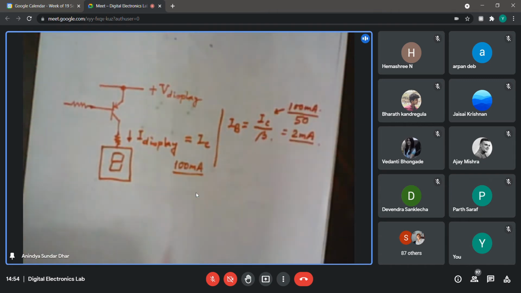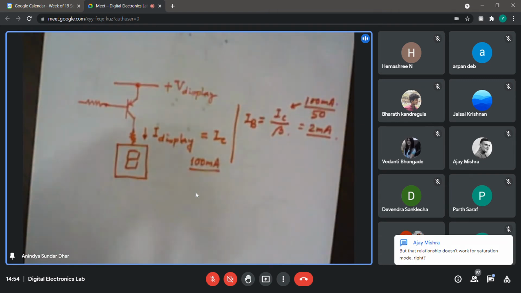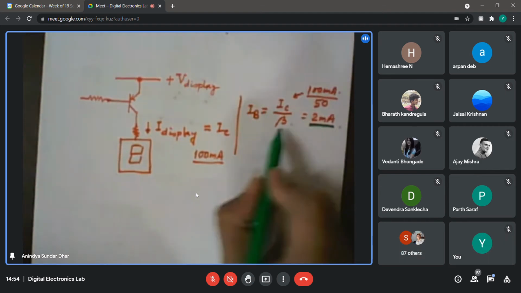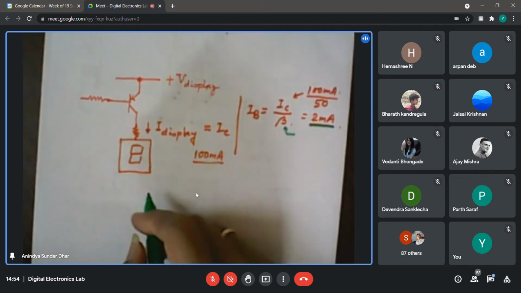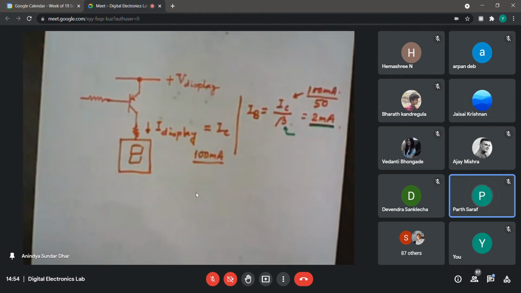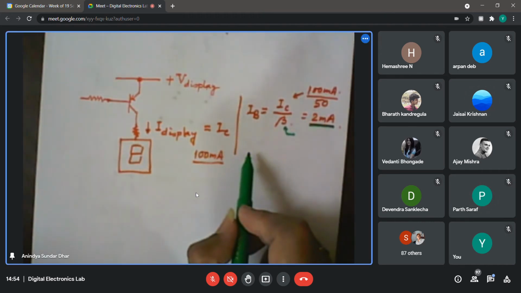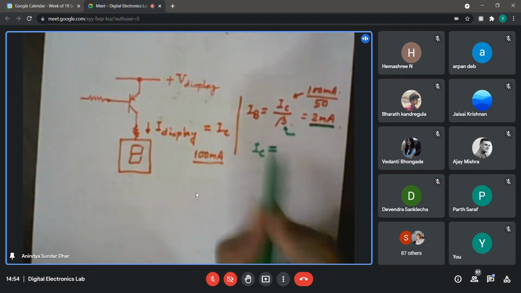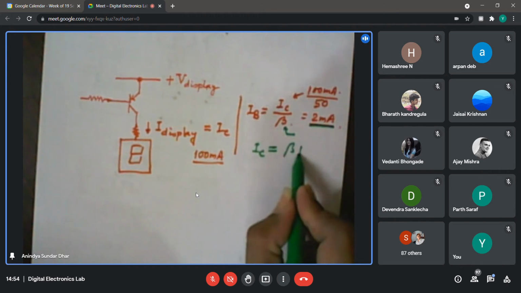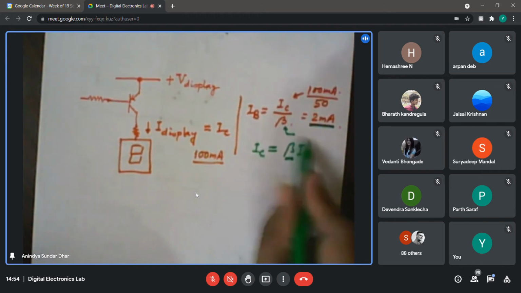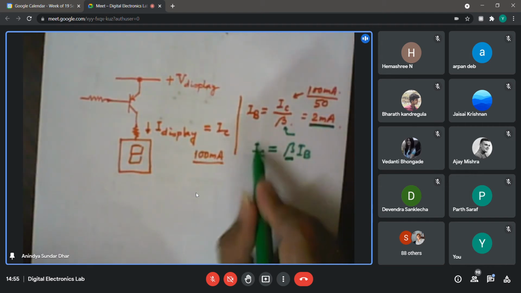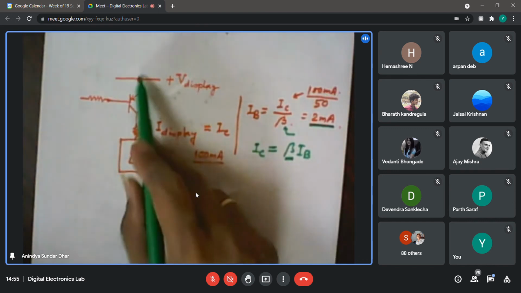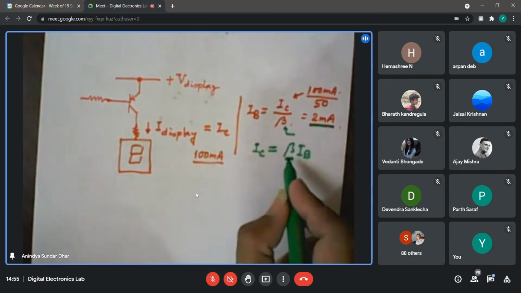But I think now Amit Akshis has a point. Yeah, like I will be much closer to saturation. So here, this calculation will be valid only when the transistor is in which mode? Active. Active mode. In saturation, what will happen? Beta will be much less. So IC is getting essentially saturated to a particular value. So beta times IB, it is no more being able to follow it. Whatever be the theoretical calculation, IC will never be able to rise more than that particular value. If I call that IC sat, it is basically limited by this voltage and this resistance.